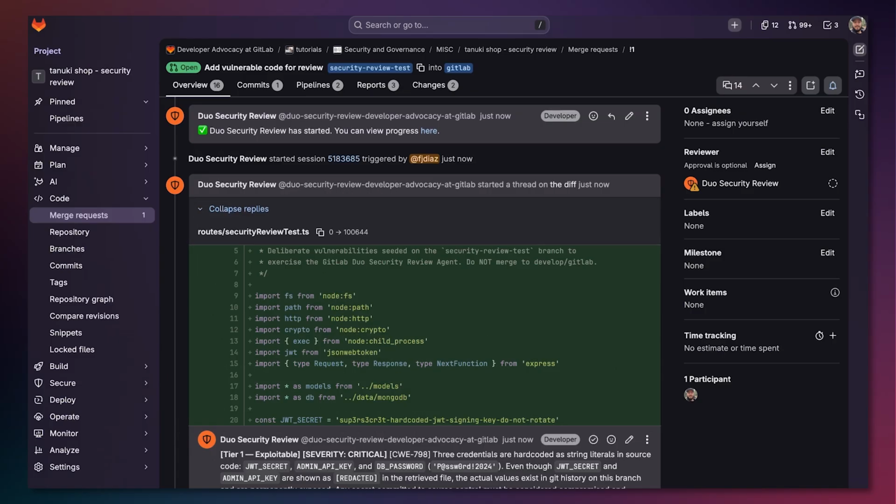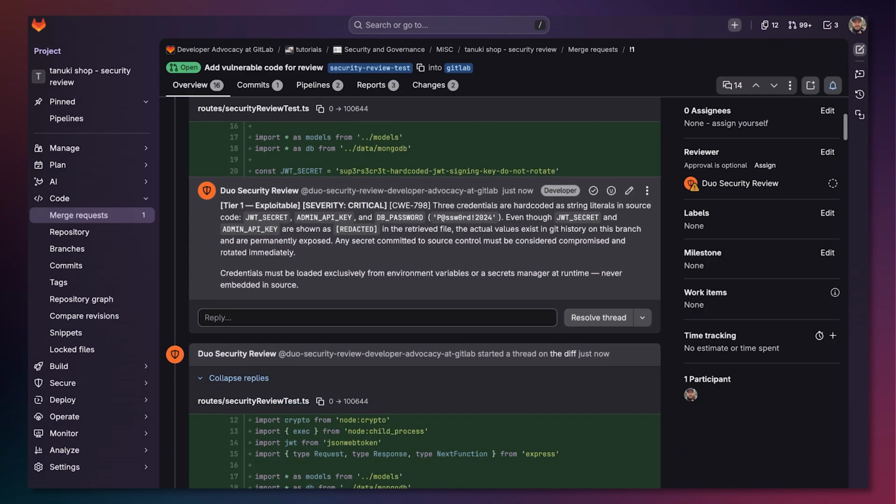For each finding, a threaded comment is opened right on the relevant line. These findings are rich. You get the vulnerability type as a CWE with a link to the MITRE definition, a severity rating, a tier class, a plain language explanation of the flaw, and where possible, a suggested fix you can